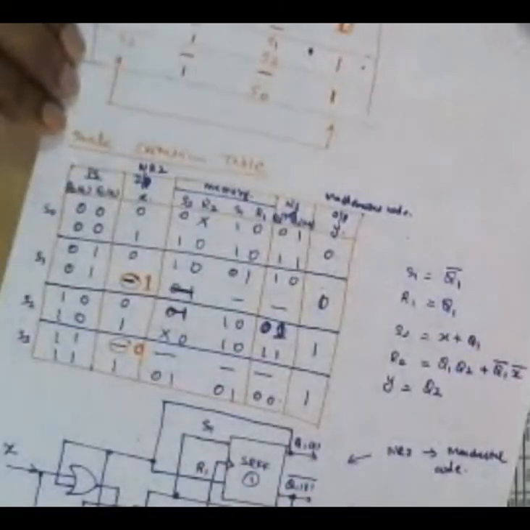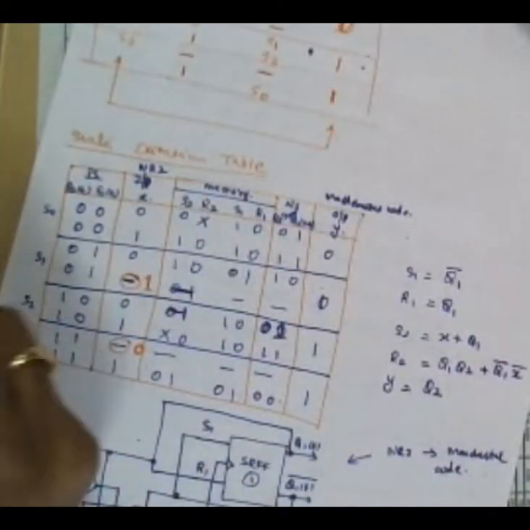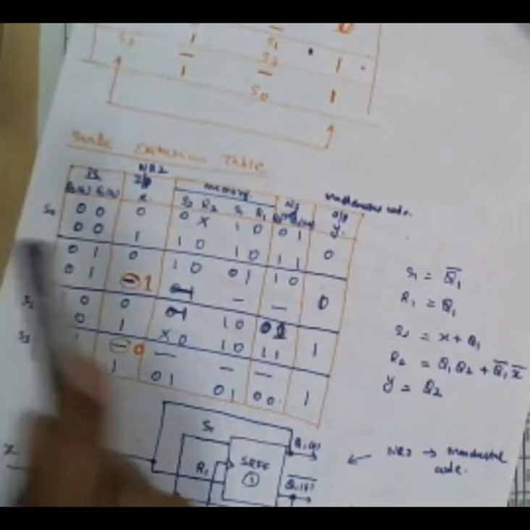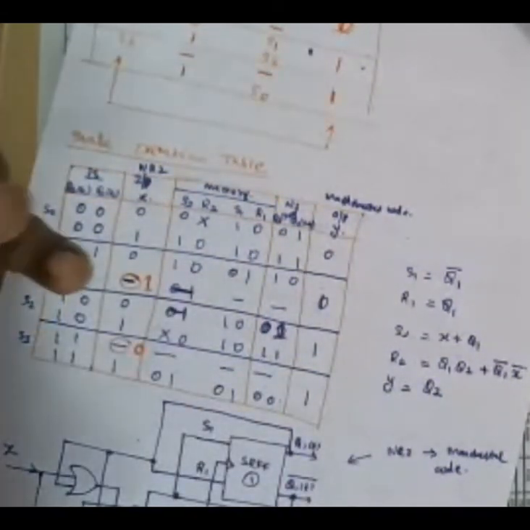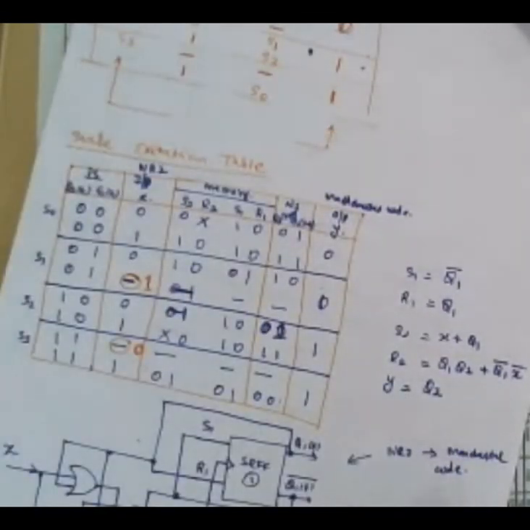All of you listen to me. This is the way we have implemented this kind of circuit in MSI or LSI technology. You select the SR flip-flop IC and some AND gates, OR gates, mount them on the breadboard, make proper wiring around it, give the clock, and then you get the output.